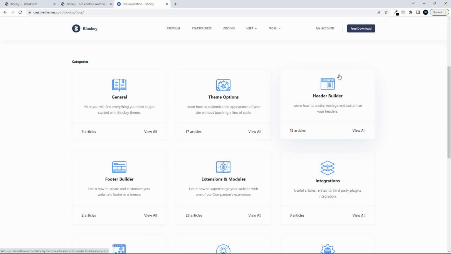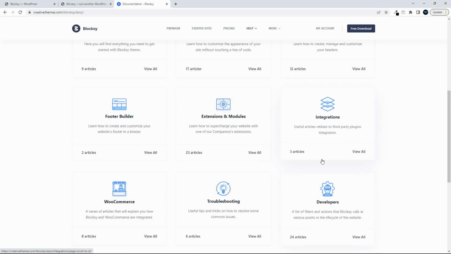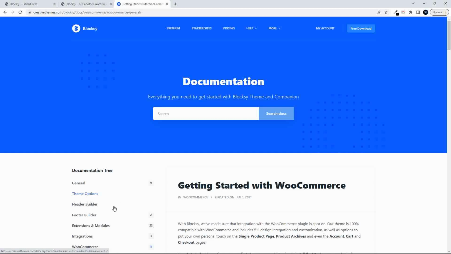So if you want to know how to do anything, you can come in here and have a look at the header builder, footer builder, extensions, modules, WooCommerce. So a whole lot of things that you can do. And to give you an idea, if you're looking at a shop, we come in here to WooCommerce,